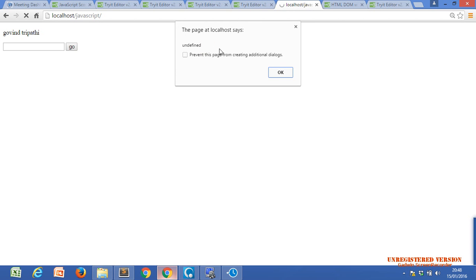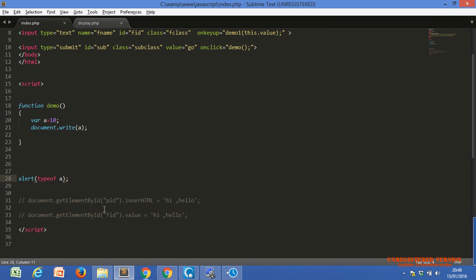Undefined means we don't have this variable's definition outside the function,